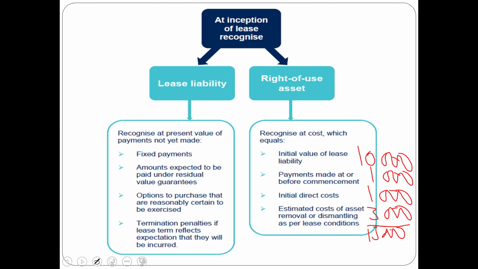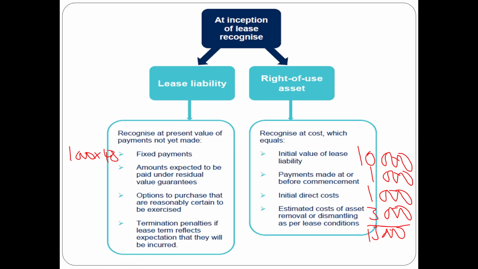Right. Let's go to lease liability. So lease liability, you recognize at present value of payments not yet made. So liability basically by nature means an amount that you owe, that you are going to pay at some point in future. So fixed payments are basically your rental payments. So let's say you are paying $1,000 per month over the next 4 years, which means these are 48 months. So you're basically saying